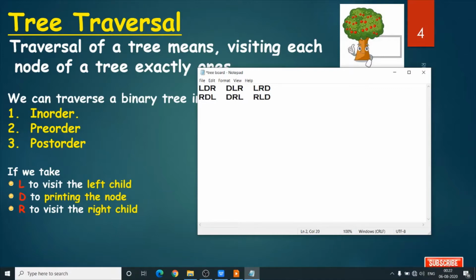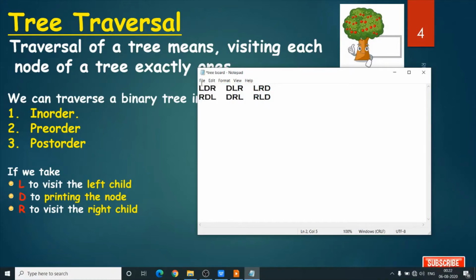RLD. Now see, there is one thing in common in the first line and second line, the position of D. Here the position of D is in the middle, here it is in first position and here it is in last position. Now think what is common in the first line and what is common in the second line.